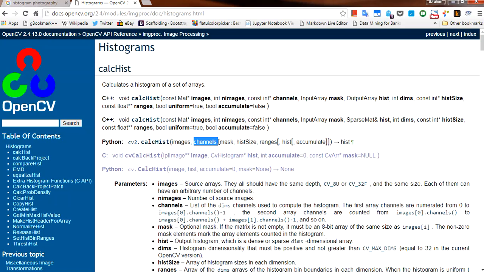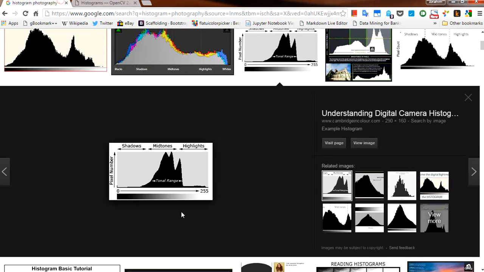Basically you have the red, green, blue, which are represented by an index. If you decided to choose the gray, you can go ahead from 0, 1, 2 to represent the red, green, blue. And then the mask, if you want to generate a histogram for a specific region in an image. The ranges, if you decided to use the whole brightness range, is something from 0